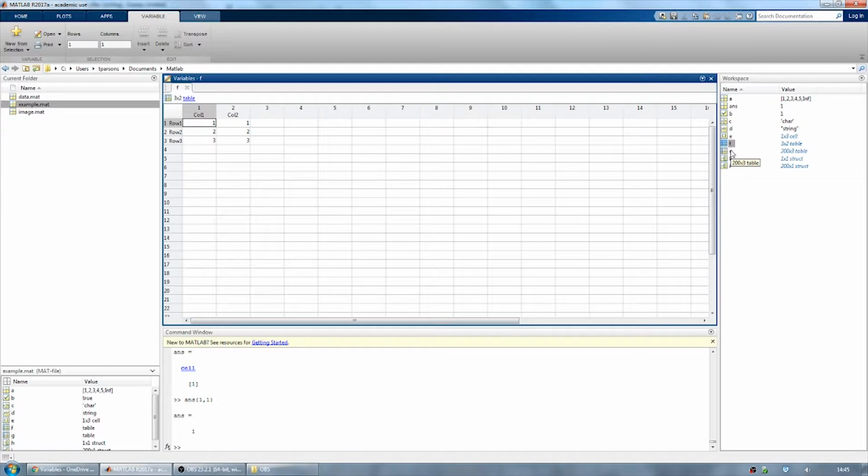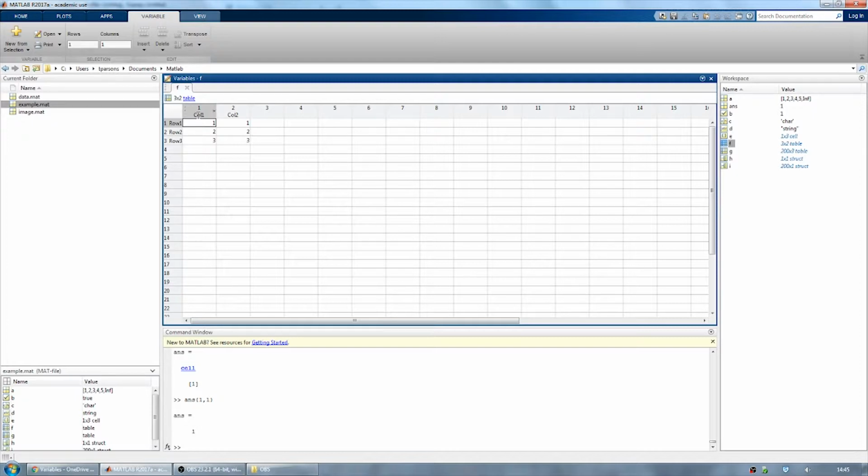So tables are kind of similar to cell arrays in that you can store different kinds of data together. However, tables are organized firstly into columns. They generally like columns to all be the same data type. Of course, what you can do is just put each cell within the table as being a cell data type and just put data in it that way and kind of trick it, but that's kind of a cheap, nasty